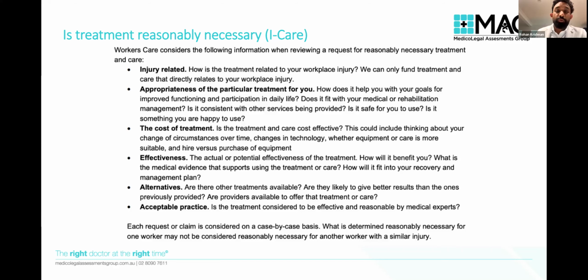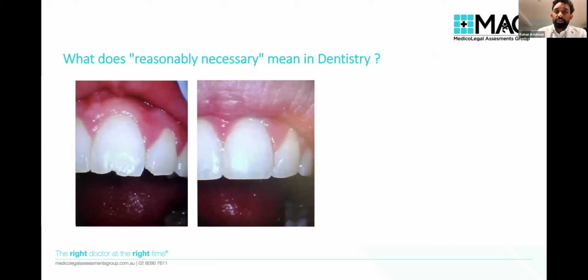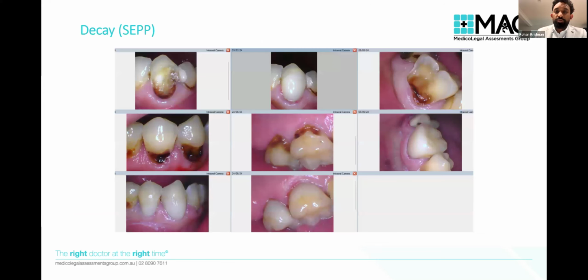A classic example for decay practices, and I'll show you one here. We'll skip to it. This is an example of a decay pattern that happens with people who've got significant salivary issues, because it tends to attack the point of lowest entry, or easiest entry into the tooth, which is the root areas. The root areas are much more vulnerable. They don't have enamel on them, and so if saliva is not doing its protective function, we tend to get decay patterns that look like this.